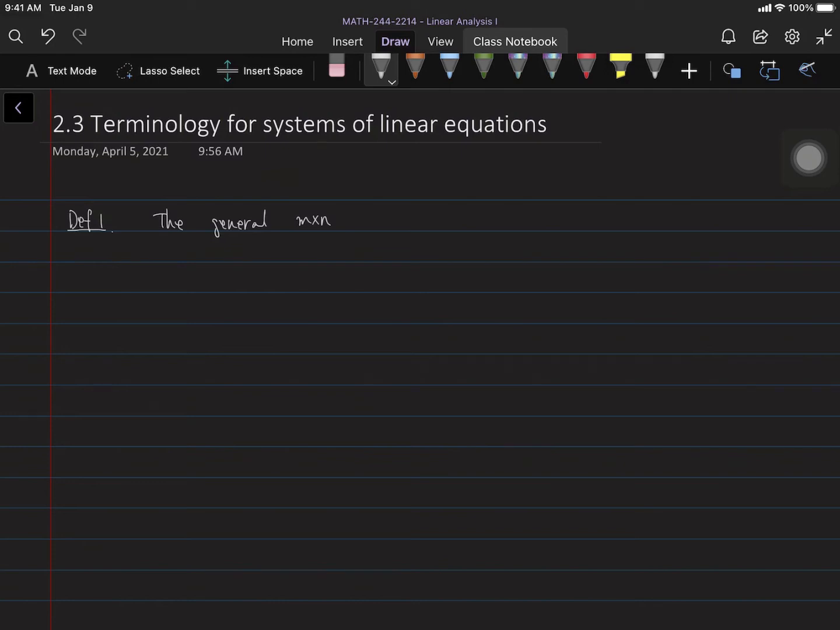Hello, today we're going to learn 2.3, which is terminology for systems of linear equations. In this section, we're going to learn some definitions about linear systems, so it's kind of an introduction. In the next section, we're going to start to solve those kinds of linear systems. So first definition, the general n by n linear system